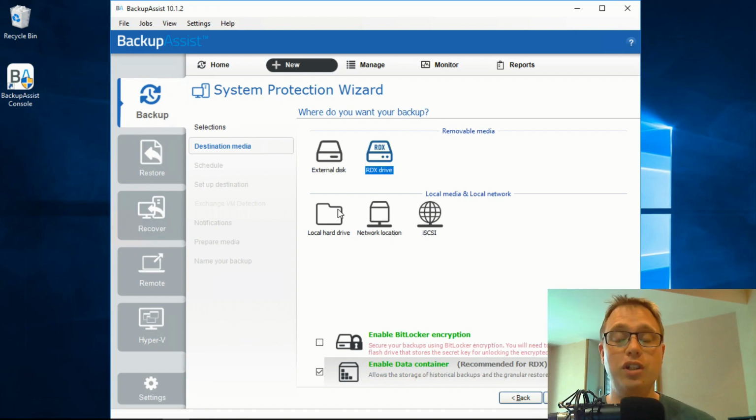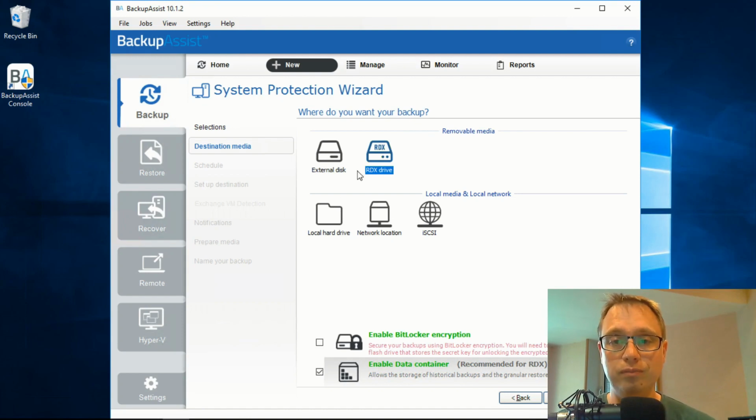Now, it's very important that your backup destination is correctly sized, and the recommended minimum size is 2.5 times the source data. This is a recommendation that Microsoft have put into the Windows imaging engine, which is what BackupAssist is using in this scenario. So typically, if you're backing up a USB hard drive that's 100 gigabytes, you need at least really, a 300 gigabyte destination. In an ideal world, you want to go 4 or 5 times more,